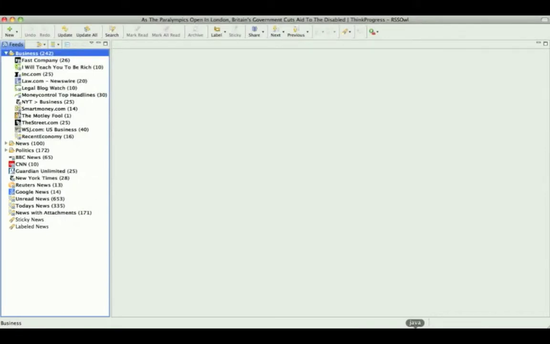This video shows how an automatic application can improve user experience. In this case, we have RSSOwl, and we will show how the installation of the automatic applications toolkit on RSSOwl will improve the experience of a user, in this case Tom, a journalist, who needs to repeat the same tasks every day.